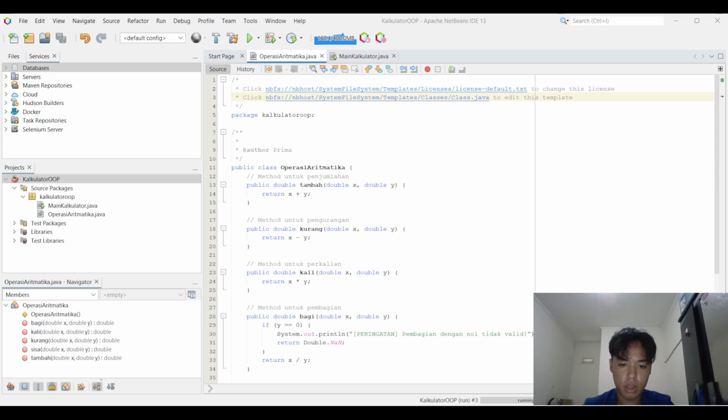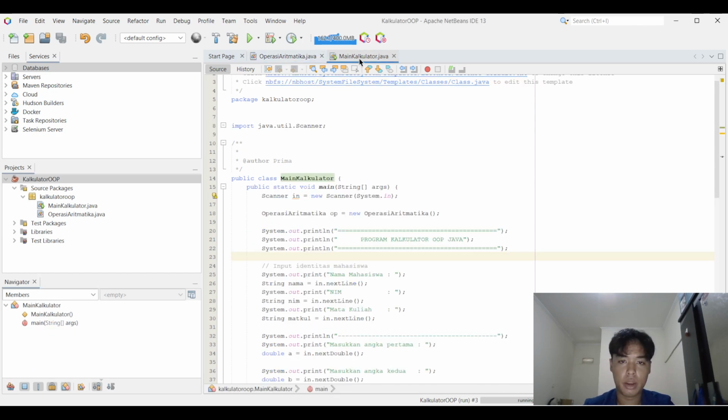In addition, a condition in the div method prevents an error when the user attempts to divide by 0. And then create another class named Main Calculator.